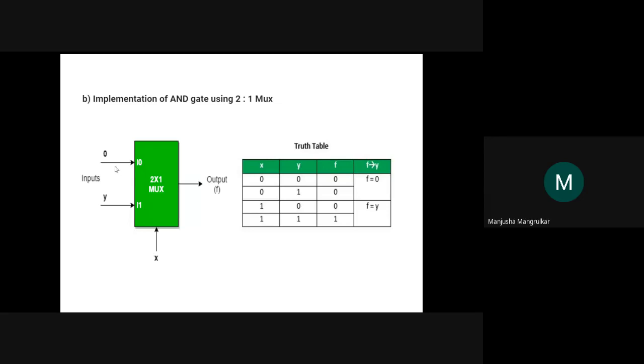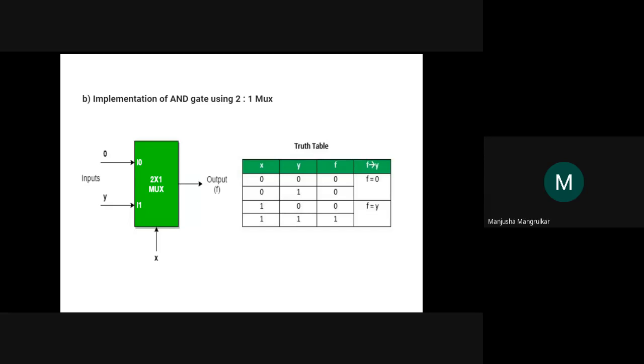Are you going to select this signal to send to the output, or use the other signal to send the output, right? If this is equal to 0, this input 0 will be represented at the output end. If this is 1, this will be represented at the output. So now we have two signals, x and y. This represents the y signal, this represents a 0, right? So we have to design an AND gate truth table using a mux.